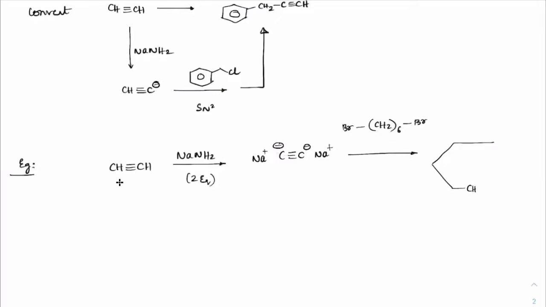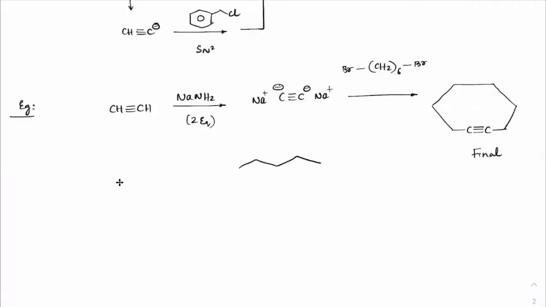So we would have this form here, like this, with C triple bond C in this form. You know that we can have an alkyne existing in an 8-membered ring, not in a 6-membered or 7-membered ring. In fact, from the 8-membered ring onwards, we can always have a triple bond existing in the cyclic chain. So this will be the final product. If we have 1, 2, 3, 4, 5, 6, one Br is on this side, one Br is on here, 1, 2, 3, 4, 5, 6. This is the way it is.